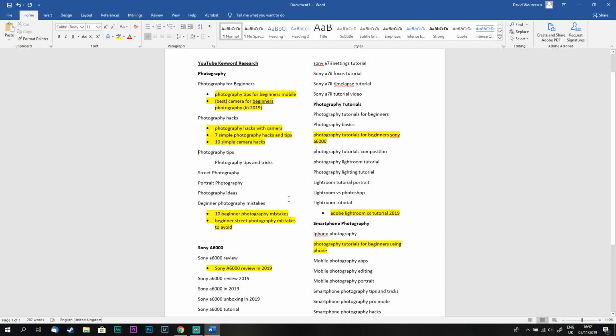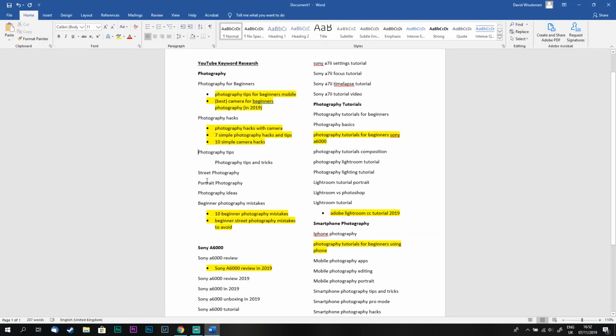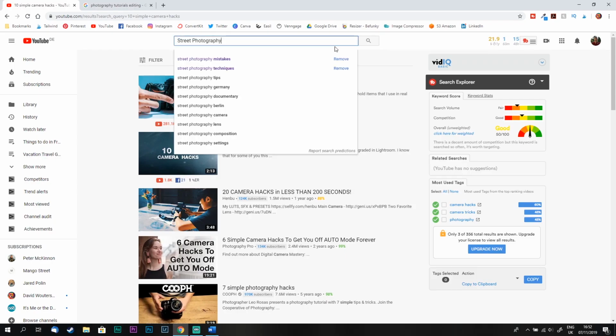Okay, so we've got 10 simple camera hacks, and we can go through all of these and come up with more keywords as we'd like to. Okay, so however many videos we want to come up with here, we can just continue going. This is sort of diving down the rabbit hole here of we typed in photography, and now we're looking for 10 simple camera hacks. We've gone a bit down the rabbit hole, and you can go further down the rabbit hole as you'd like. So let's continue here with street photography, and then